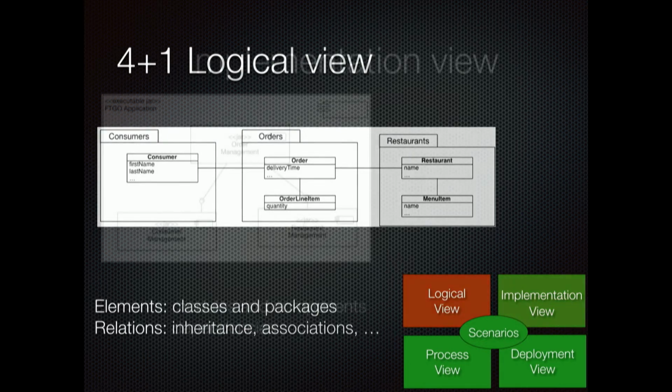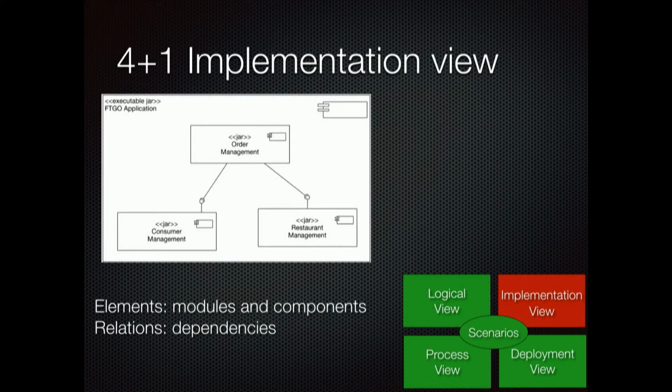And then there's the implementation view, which is basically describing what comes out of the build system. So in Java, our classes get compiled down into jar files. And then those jar files get assembled into some form of executable or deployable unit. So that could be an executable jar, or it could be a WAR file. And in other languages, you basically have equivalent notions of module, which is this kind of packaging of something, and then a component that is the executable or deployable something.